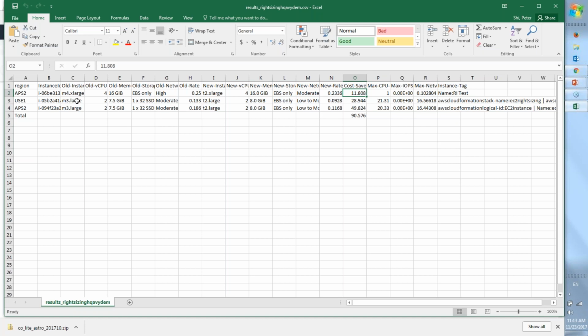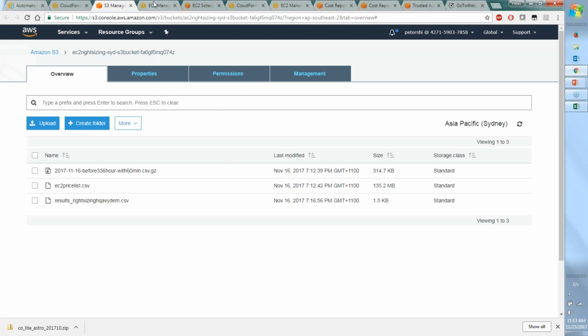And so using this report, I see that my M4 X large resource is recommended to be changed to a T2 X large. So understand that this operates over a certain time period, and you'd want to run this report during your business peak so that you have crossed your business peak to ensure the data reflects peak needs. Of course, with auto scaling, that can also be avoided as well. And so I'm going to change my resource from an M4 X large to a T2 X large in my console here.